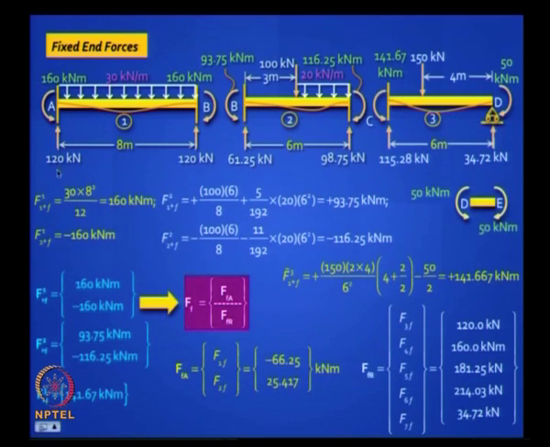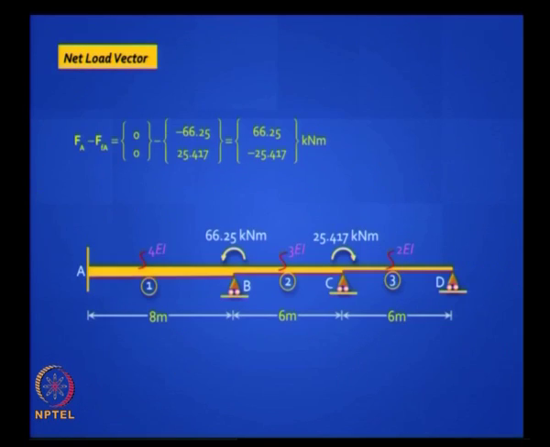Remember this was F3F, so that is plus 120. F4F is plus 160. F5F is a summation of 120 kilonewton and 61.25, 181.25. F6F is likewise summation of these 2, and F7F is 34.72. Is it clear? It is easy to do, but you have to do it with your eyes open manually. Okay, now let us proceed. Well, not really manually, you can also program it if you do it skillfully.